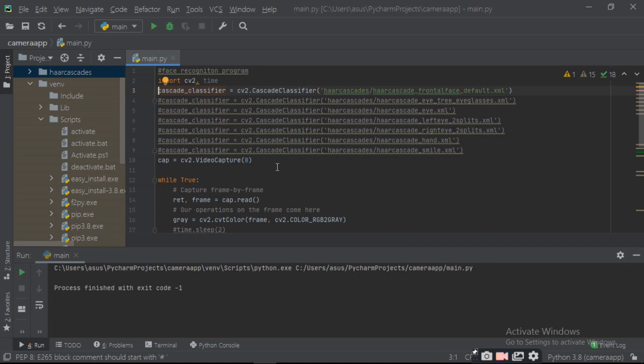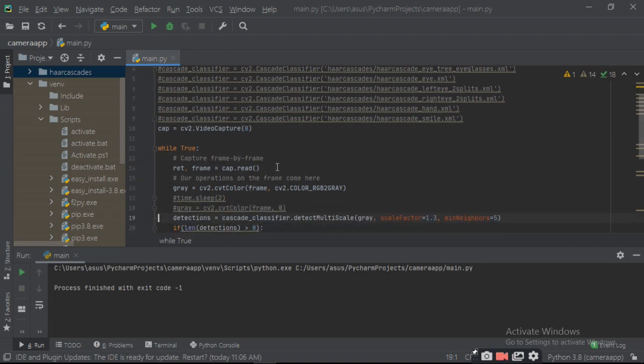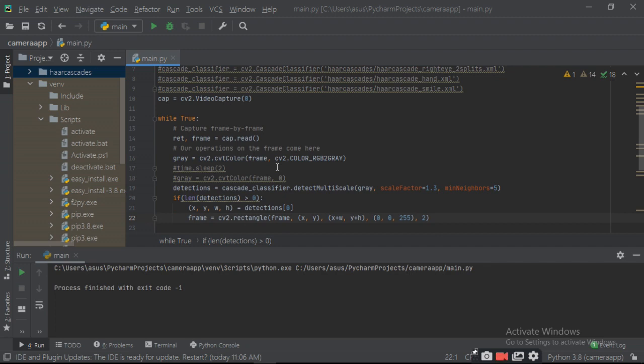Then if you want to convert it into gray, you write gray equals to cv2.cvtColor, frame, RGB to gray. Then detect whether it is giving a gray or not. For that you write cascade classifier detectMultiScale, gray, scaleFactor 1.3, minNeighbors equals to 5.